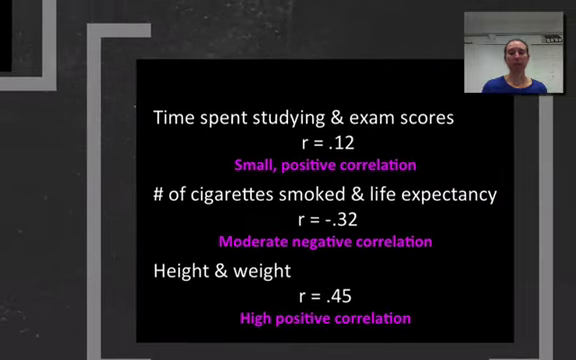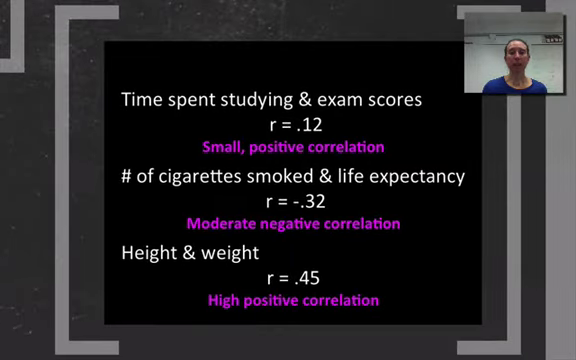Here's what I got. Time spent studying and exam scores is R equals 0.12. That's pretty close to that 0.10, so it's pretty small. It's closer to 0 than to 1. There's no negative sign, so it's a positive correlation. So in this case, there's a small positive correlation such that the more time you spend studying, the higher the exam